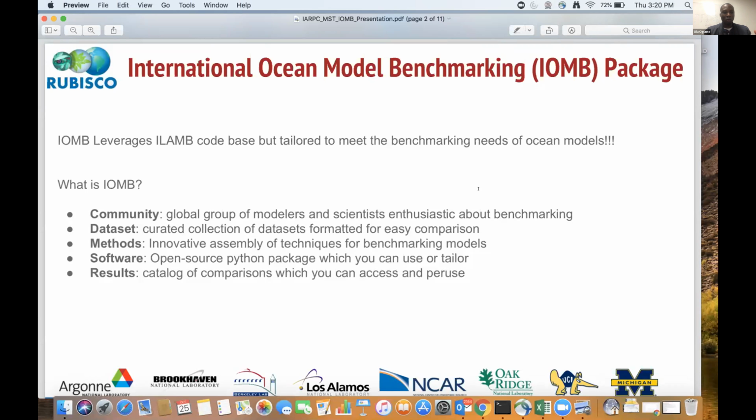IOMB could also refer to the method we're using, which is well defined in Nate's paper. I'm going to show a link to it at the end as well. That paper came out last week, and some of the methods that serve as the foundation of ILAMB and IOMB were well defined in it. So IOMB could also mean the software, and at the same time, the results.